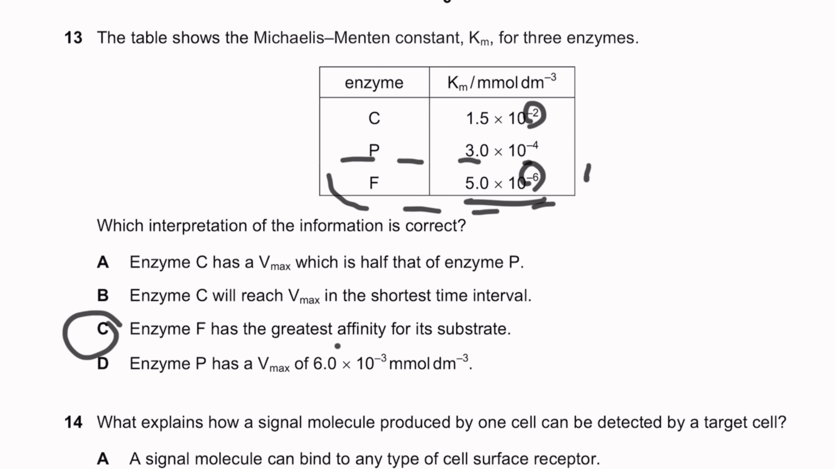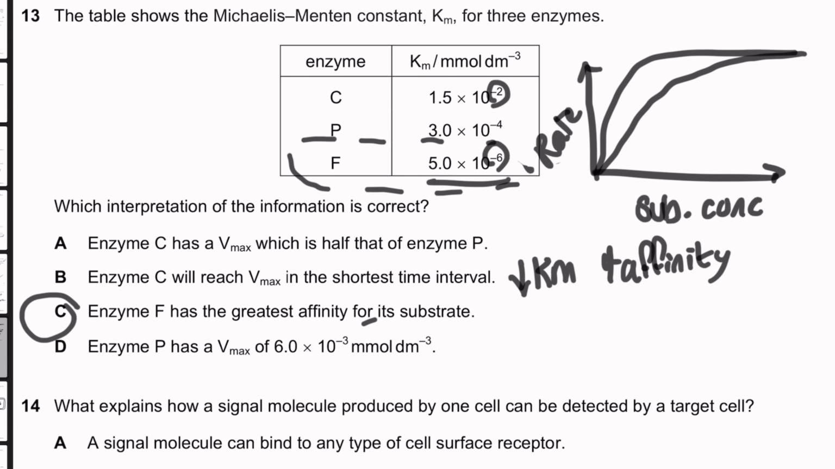Enzyme F has the greatest affinity for its substrate. As you decrease the Km value, you increase the affinity of the enzyme for its substrate. Now let me explain this for you. Say you have the graph of the substrate concentration against the rate of reaction, which is a very familiar graph, and here I added another line, which is basically showing